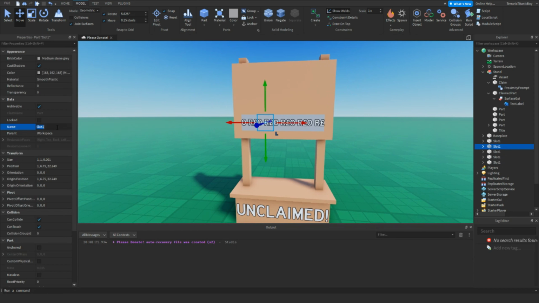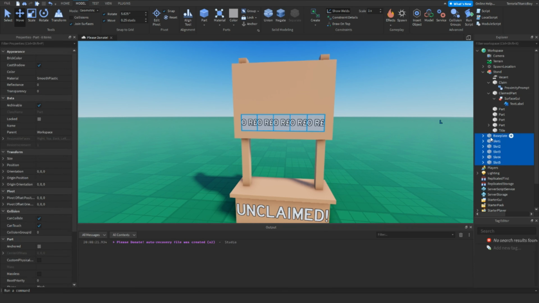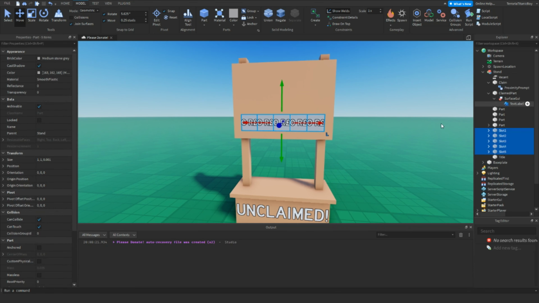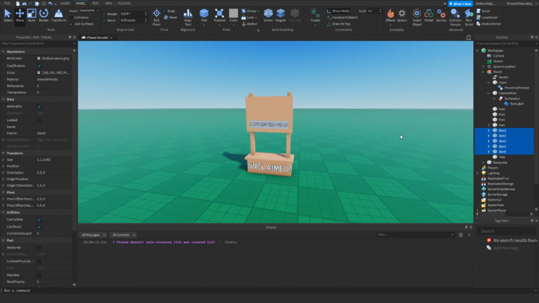And so we'll just have to go through and name this slot 2, slot 3, slot 4, and slot 5. And then make sure you put all of these into the stand. And then